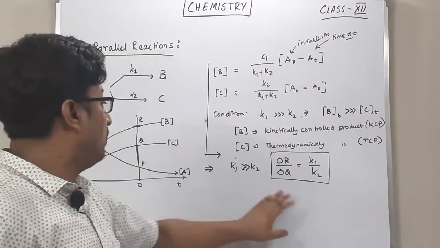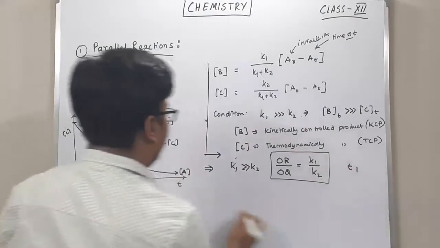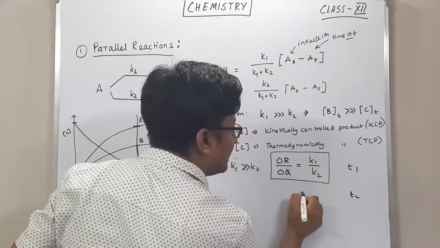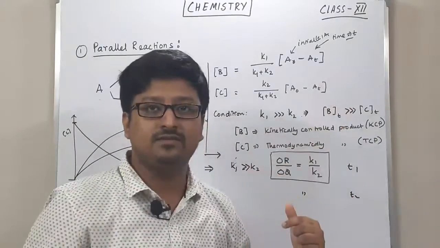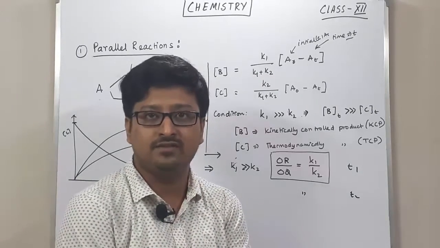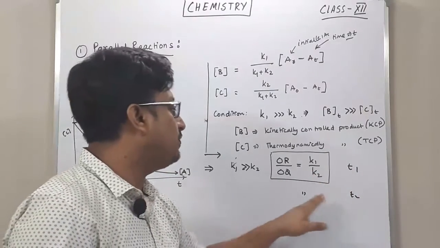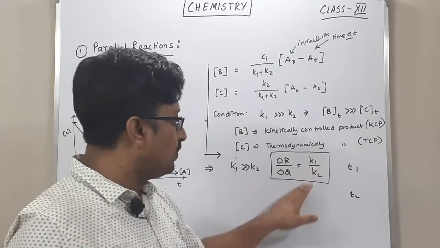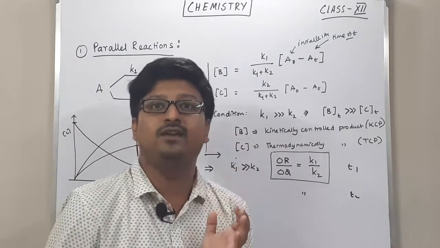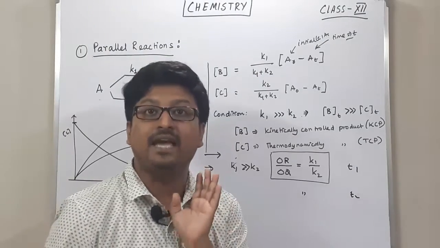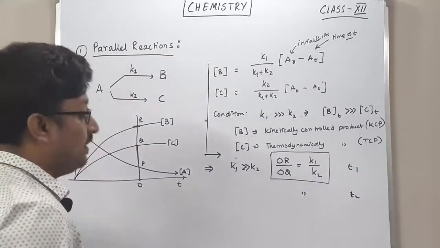Now this is for one time, let's say for T1, and for time T2 you will get a similar kind of relation. Now you have two unknowns and two relations, and you can easily solve those two relations, right? For one time you get this relation, and at another time you get the same kind of relation. So from the two relations, two unknowns, you can solve the equations and get both values of k1 and k2. This way people calculate the values of k1 and k2 in parallel reactions.